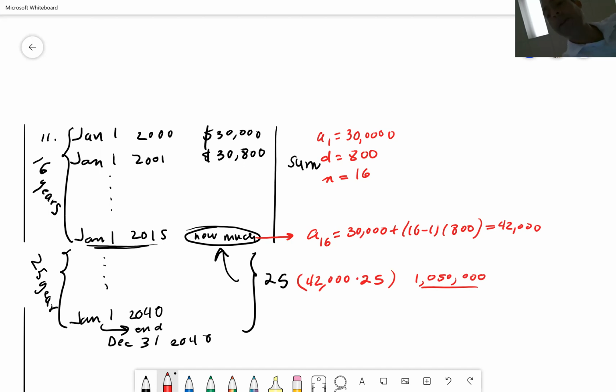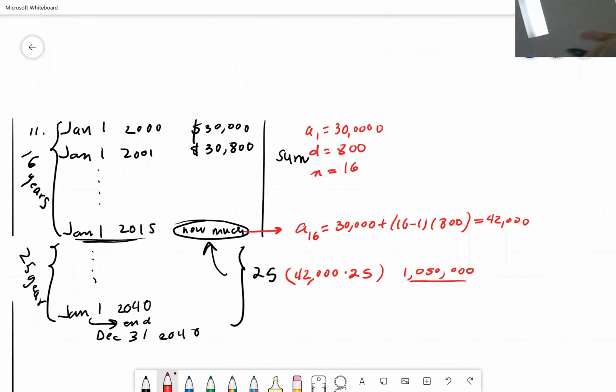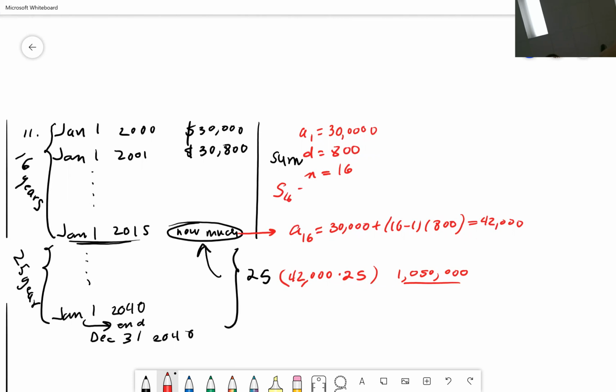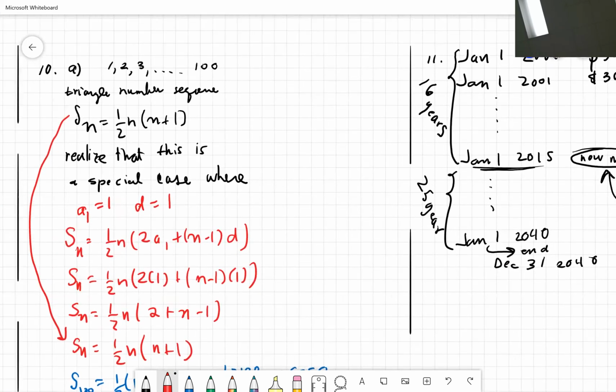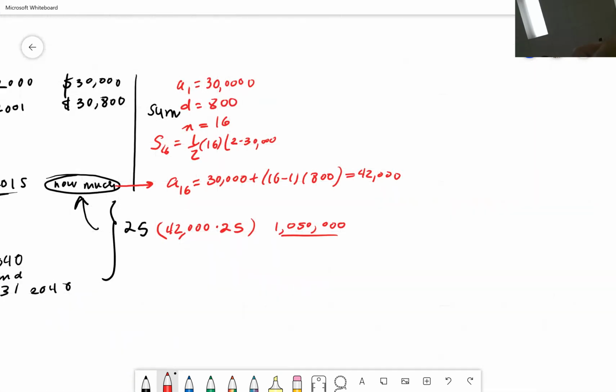For the first 16 years, he would have basically S of 16 equals half times 16 times twice times 30,000 plus 15 and minus 1 times the common difference 800. I already forgot the formula. Can you believe that? So if I do all this, that's 60,000 plus,